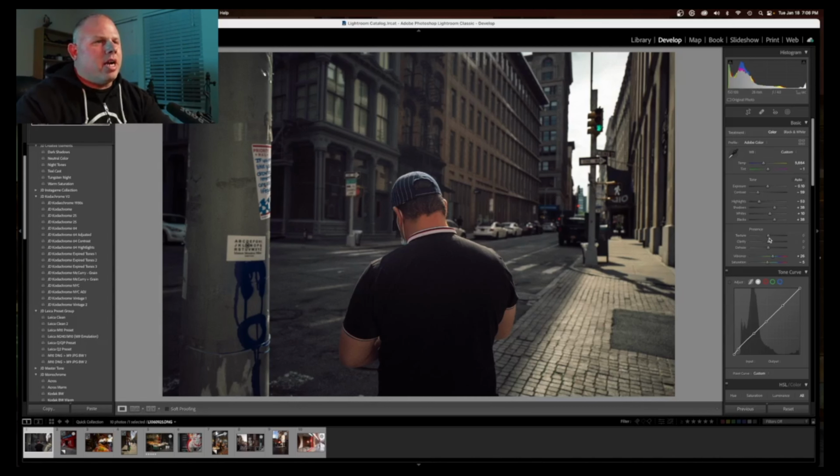Texture and clarity, I kind of really don't mess with it. Sometimes I'll take clarity down a little bit. Sometimes I'll add a little bit of texture. I'll put a little texture in on this one, plus 14. Now here's where vibrance and saturation kind of take a turn for me. Right off the bat on this preset, I have vibrance set to plus 26. If I evened it out,